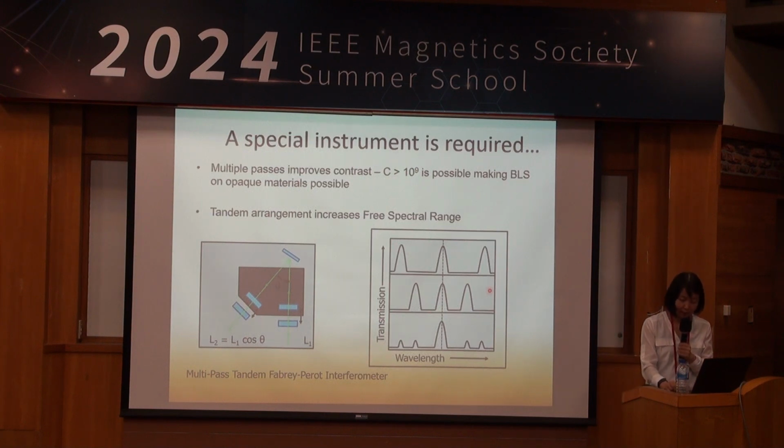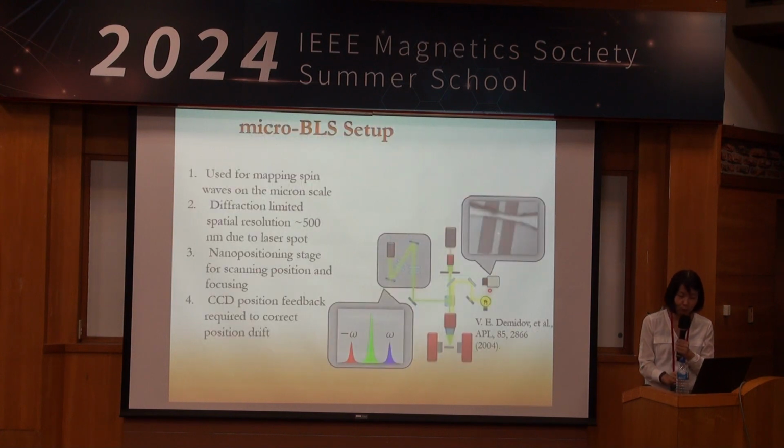I don't want to spend too much time on the instrument because I think most of you don't do this type of experiment. In the last 20 years, two groups in Germany in particular have really made this a micro-BLS: basically, focus your laser beam down to a micron or half-micron size, and map out magnons in microstructures spatially. They have really